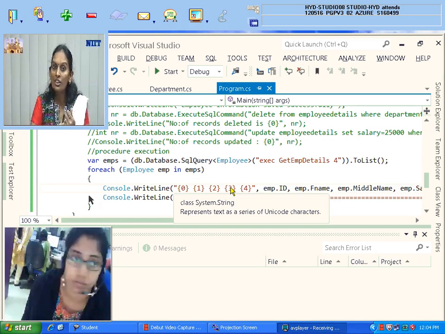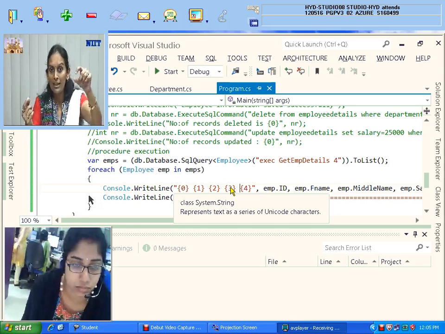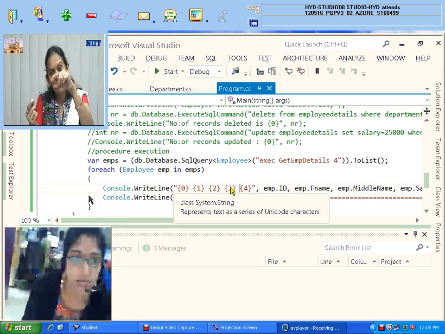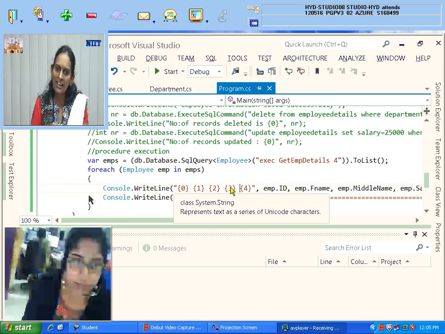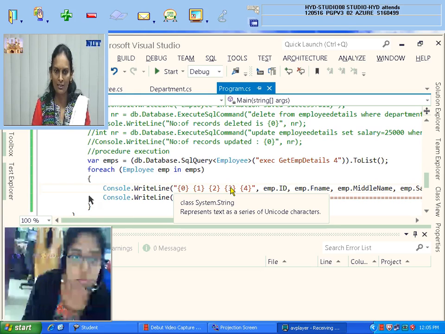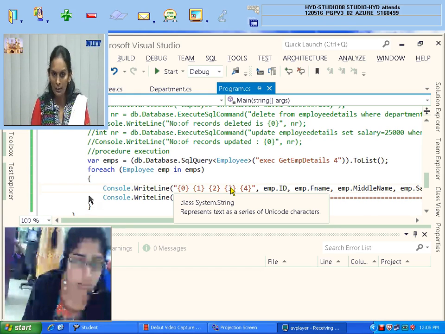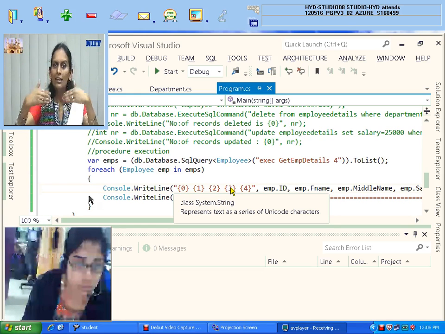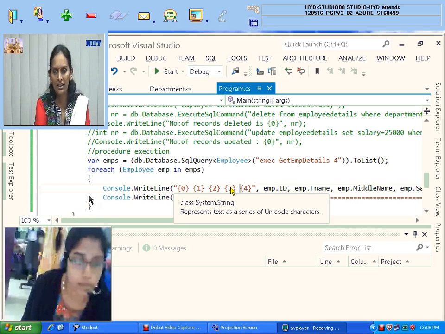Even procedure is doing what? Retrieving the records, right? So SqlQuery. Database.SqlQuery, but from the employees table, if you want to retrieve, it is also the direct SQL statement. There also database.SqlQuery is correct, but you need to put less than, greater than, Employee, you should write. Either one you can use. But remember, at retrieval time, SqlQuery. If you are only inserting or deleting or updating, DML operations, ExecuteSqlCommand.